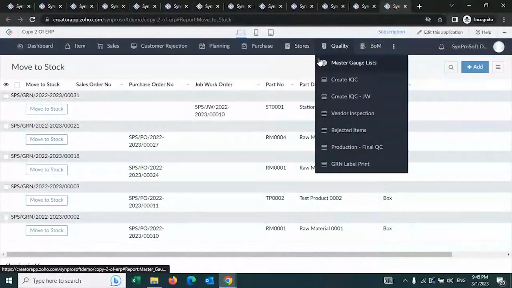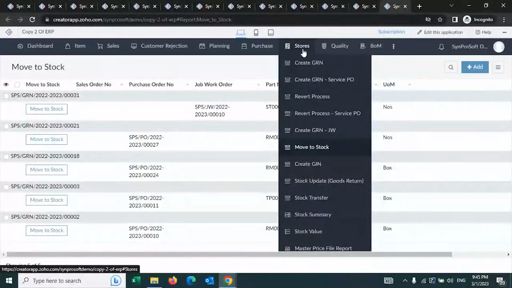Now let me come to some of the additional things that you see here. Stock update, goods return. Sometimes I may be returning the items. I can take out the items from my stock. I can do that. Stock transfer is nothing but, from a particular warehouse, I want to transfer it to another warehouse within the same location or outside the location, outside the city. Anything is possible. The tax rules, all of them can be configured, and based on that, the system will initiate the stock transfer from the ERP.